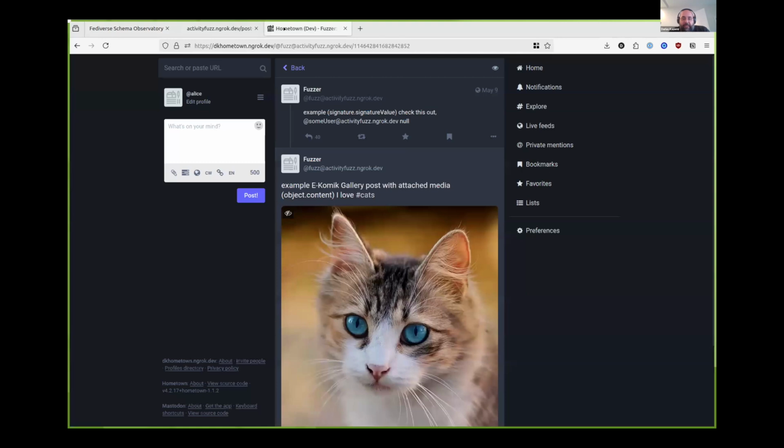And so that's basically it. It's a way to emulate software that you don't run and don't know how it works. But it's similar to hooking your software up to the live Fediverse, because that's what happens when you talk to the Fediverse: you get messages from software you've never seen before. So